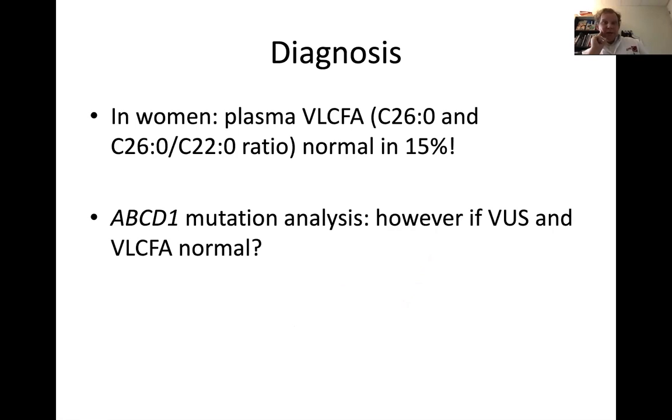However, in rare cases, that can pose a problem. Because, for instance, if a woman with a myelopathy has normal very long chain fatty acids, X-linked adrenoleukodystrophy has not been excluded. Then usually doing ABCD1 mutation analysis will provide clarity. For instance, if there is a clear known pathogenic mutation, the diagnosis is confirmed. But say a variant of unknown significance is found, and the plasma very long chain fatty acids are normal, like they are in 15%, the diagnosis is not yet excluded. So in those cases,